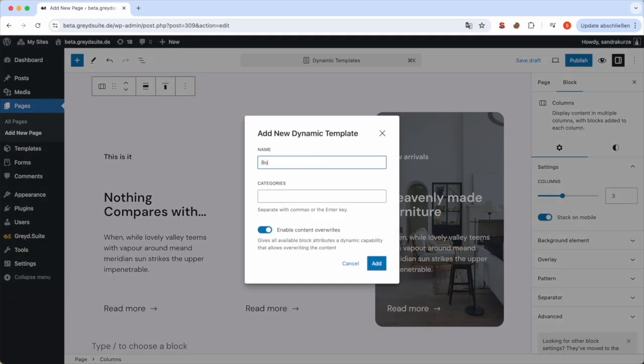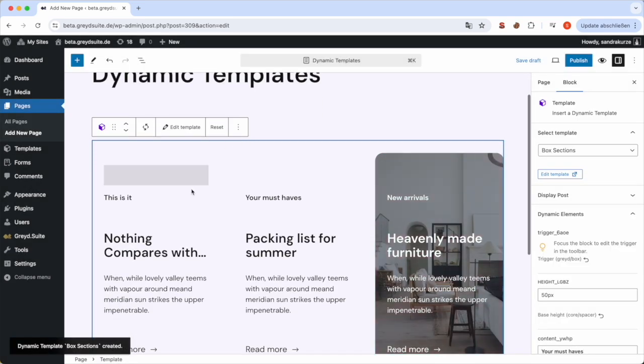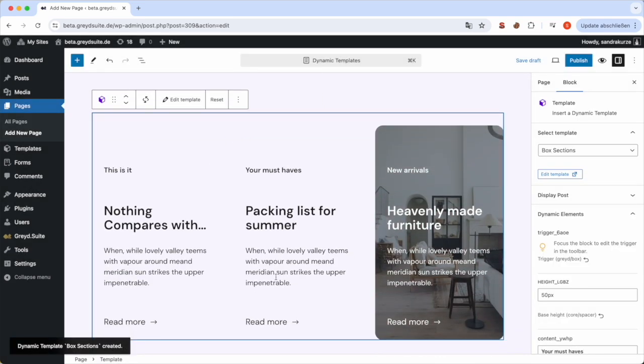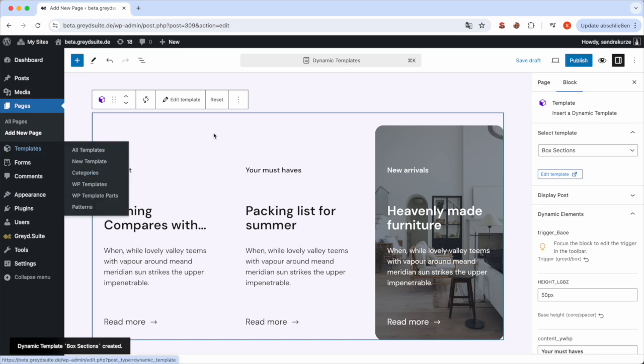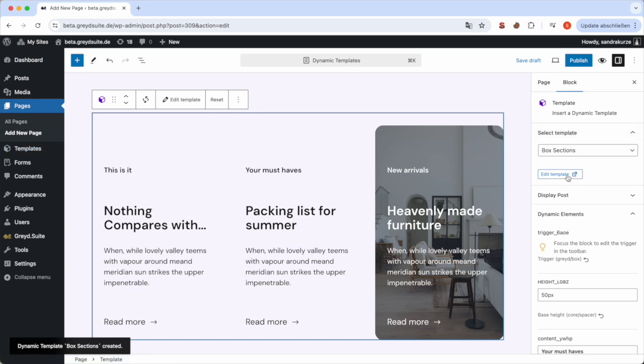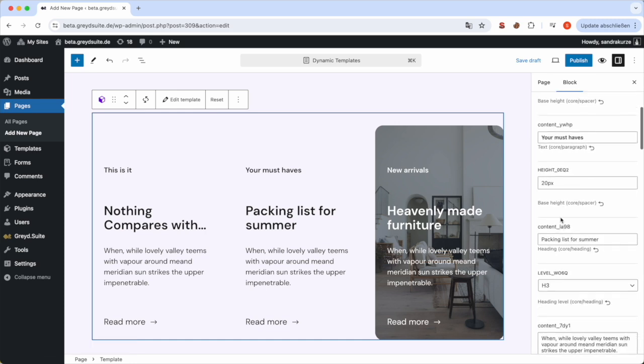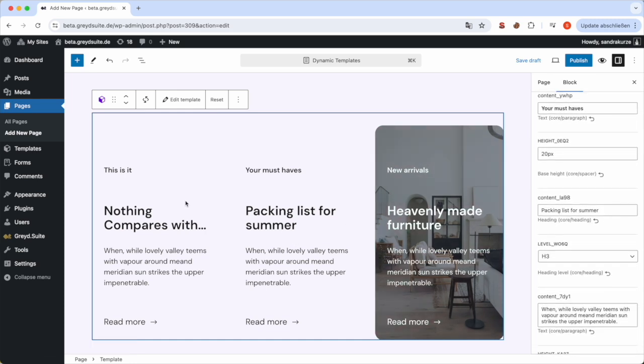You can add a name. You could even add a category here, for example, and then you define whether or not you want to have all the fields in your template dynamic or static, so all the headlines, text, images, etc. I'm going to make everything dynamic now, and simple as that, I now have a new dynamic template that of course is also available here in the overview, and as you can see here, all the fields have automatically been made dynamic. Also, we have some more handy features here in the toolbar.